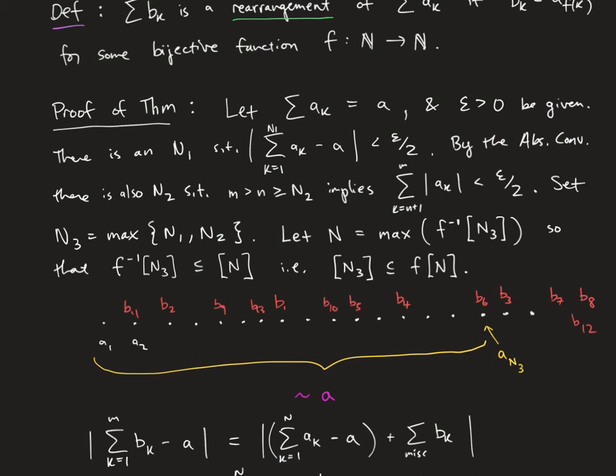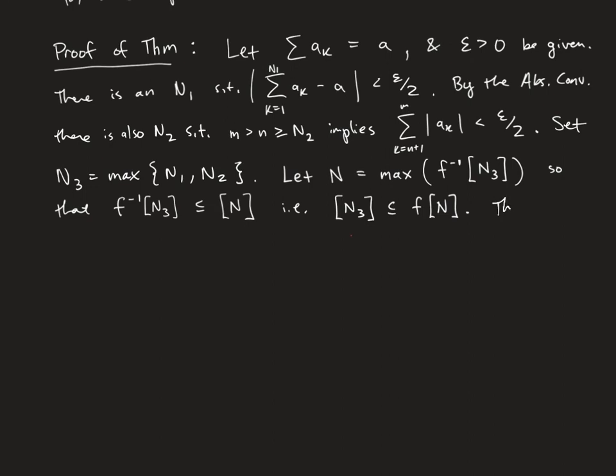And now we're ready to show that if we take a b sub n, little n, where little n is bigger than this big N, then the partial sum of the b's up to that little n is within epsilon of A. So let me erase this stuff first. So thus, if little n is bigger than or equal to big N, we have